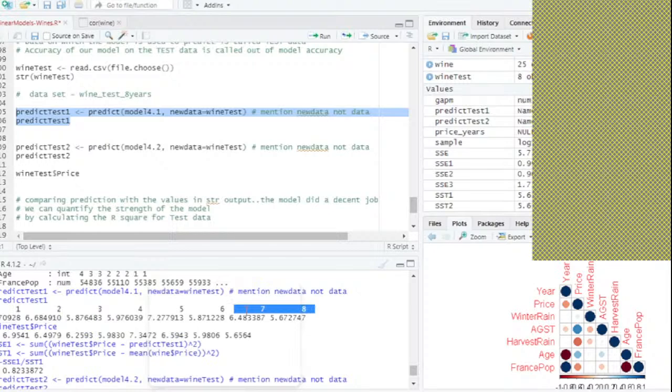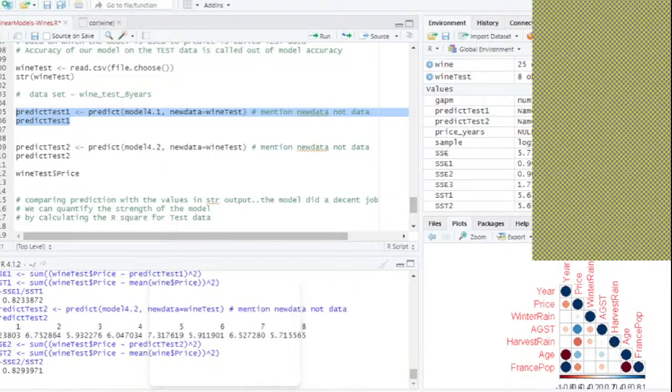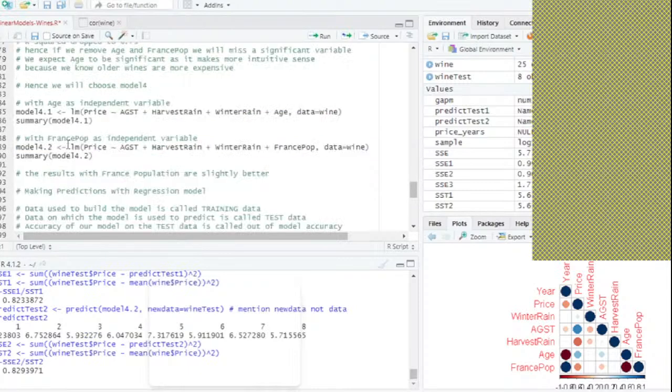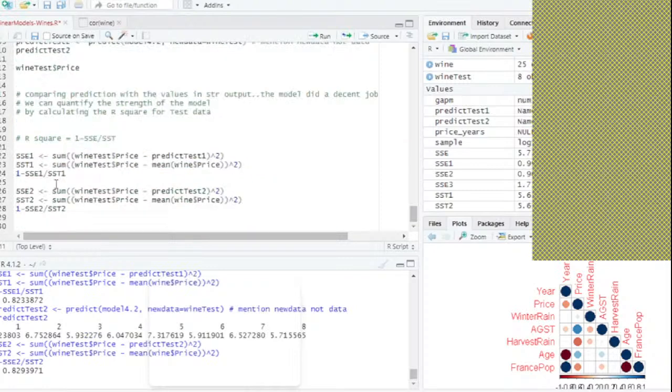These are the predictions from model 1, wherein I have included age. These are the predictions from model 2, wherein I have included France population. I have calculated the R square using both 4.1 and 4.2. Yeah, but we have to see